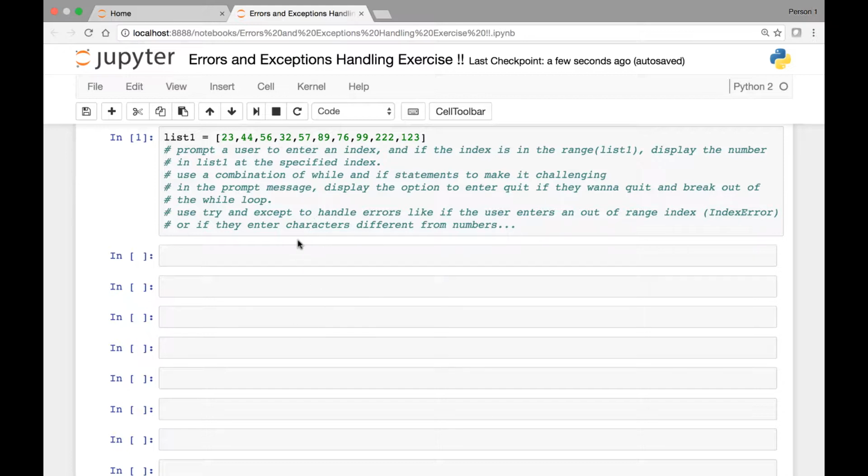Let's see the instruction. We have a list containing numbers. It says prompt a user to enter an index, and if the index is in the range of our list, display the number in list 1 at the specified index. We have a list here, and we'll ask a user to enter any index in this range. If the user enters 0, we'll display this number 23. If the user enters index 7, we'll display the appropriate